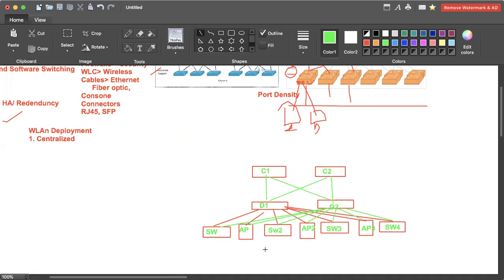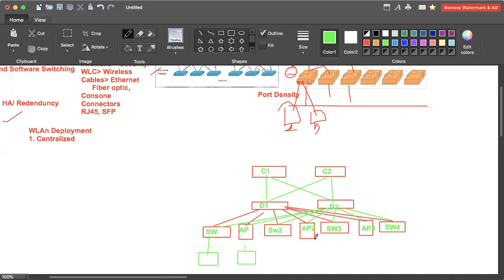Now you see the AP for the end devices. If it is a wired device, then it will connect through the cable. But if it is a wireless device, then it will connect through the signals. Now, as of now in this network, we have only 3 access points in the design, which is okay to manage. You can access these access points and then configure the SSIDs. We'll talk about wireless fundamentals and all that